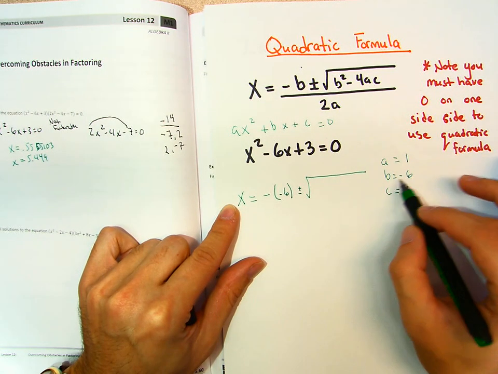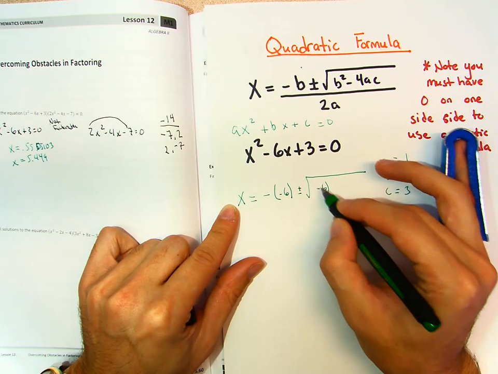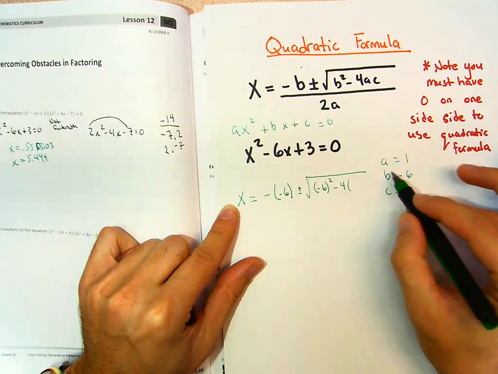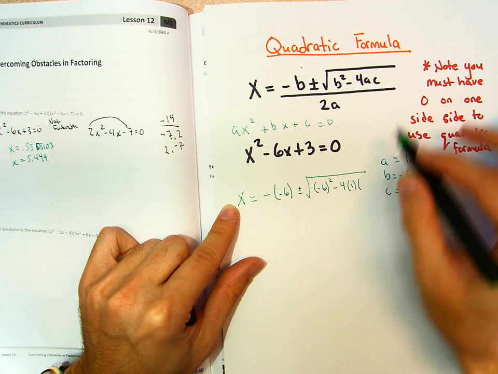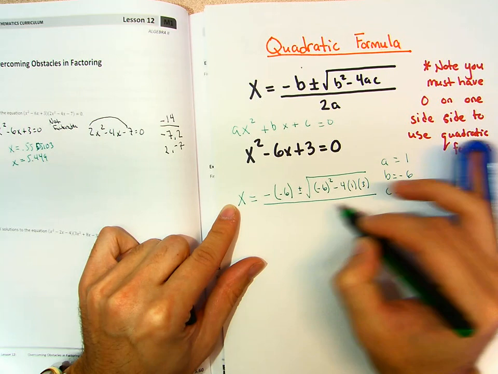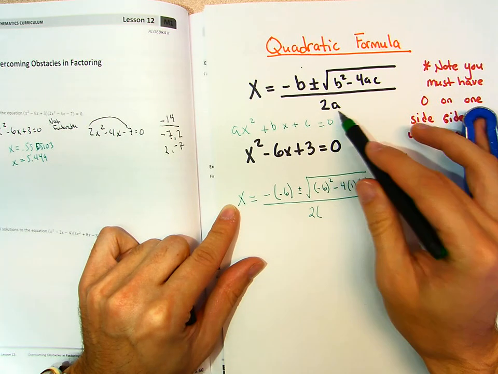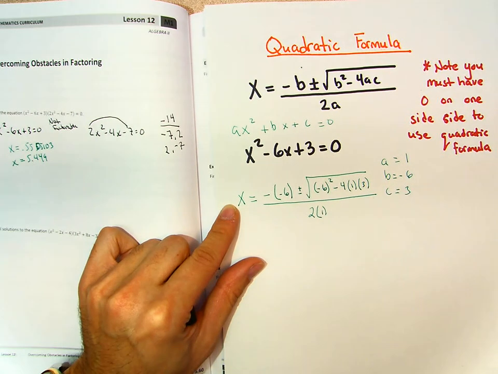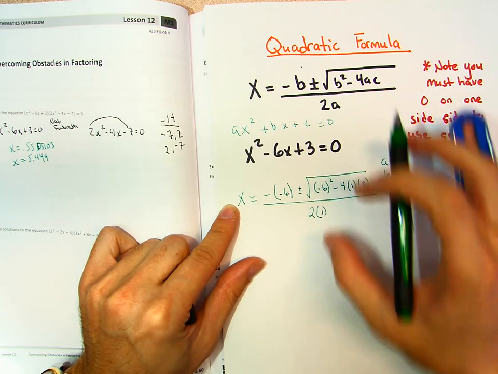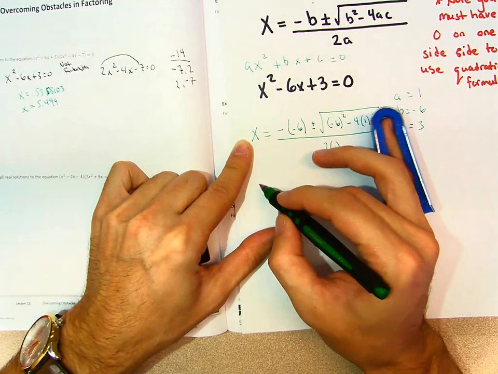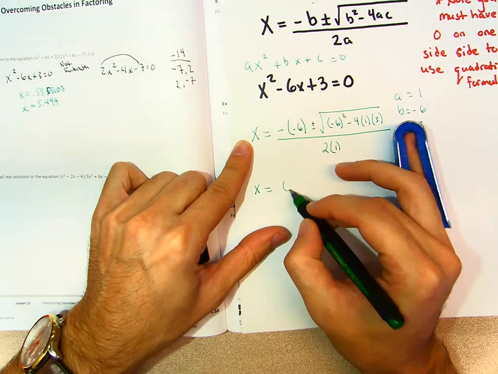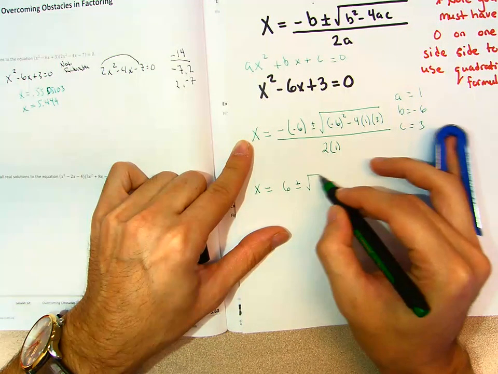So what's b? B is negative 6. So it's negative 6 squared minus 4 times the a times the c. And I have this, and it's all over 2 times a, which is 1. Okay? So we should have all of this. But now we just have to simplify this. So here we have negative times negative is positive. So this is positive 6 plus or minus the square root of